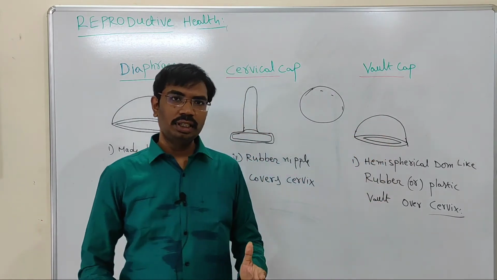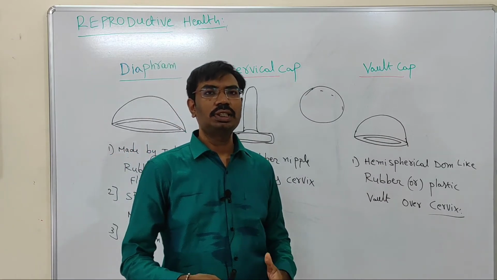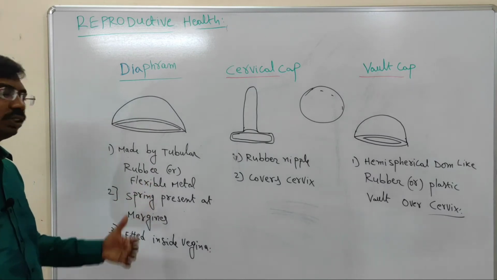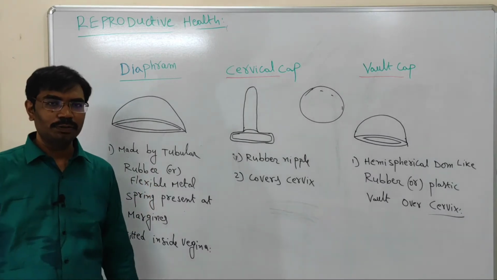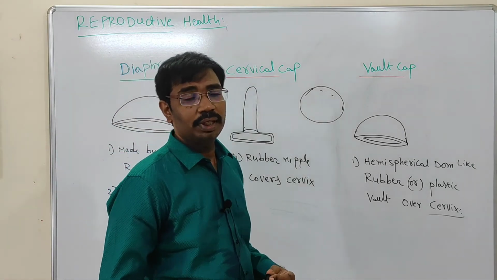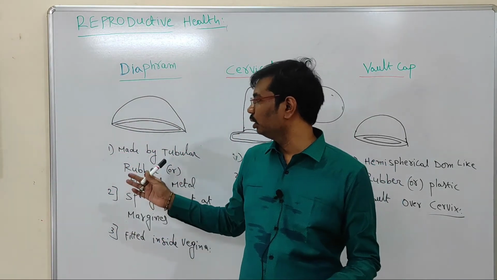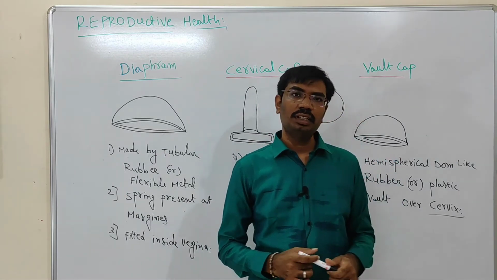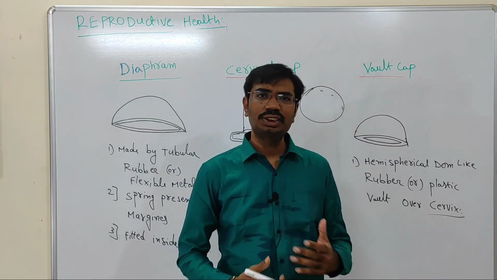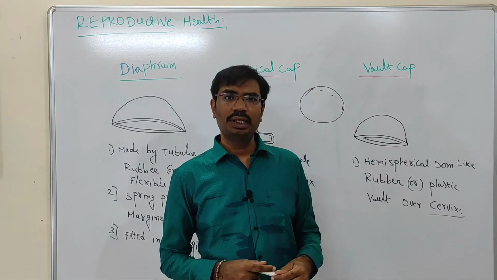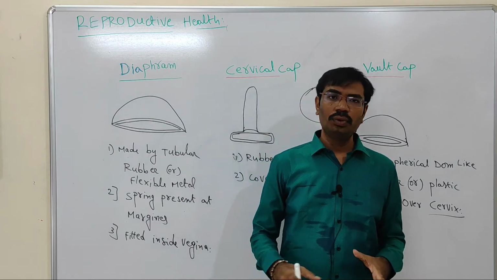For all three structures, mostly the questions are not very deep. I explained what kind of materials are used for preparing the diaphragms, but this kind of question is not asked. Generally in previous NEET examinations, the questions related to barrier methods are very basic, in a single sentence, that it can prevent pregnancy in females.